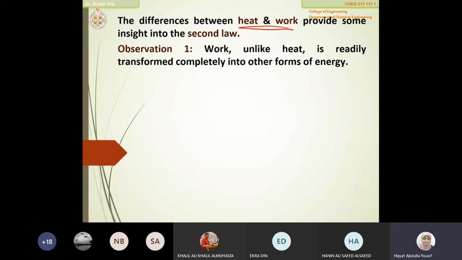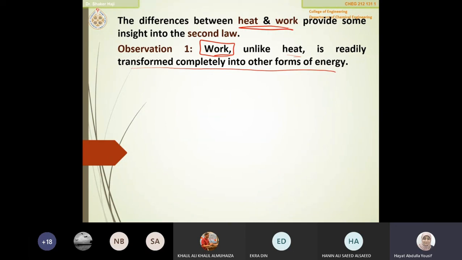You get the idea? So they found that work, unlike the heat, is readily transformed completely into other forms of energy. Yani the work, if you convert it to another form of energy, you can easily or completely convert it. But with the heat, that is not